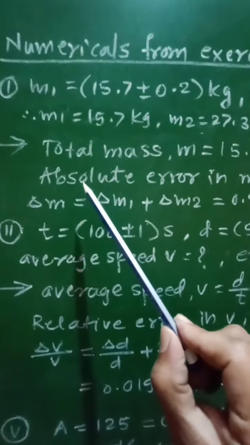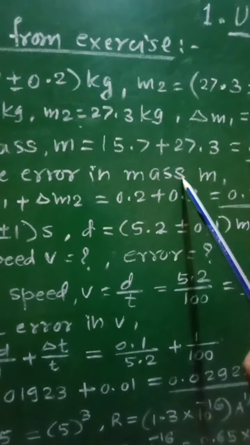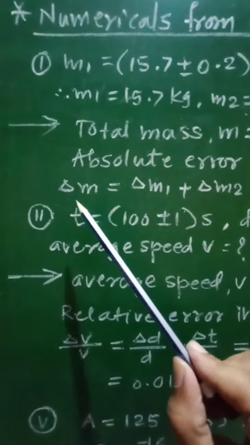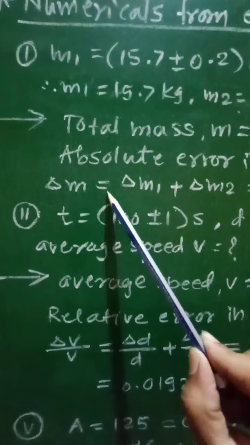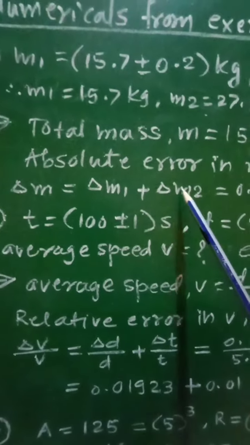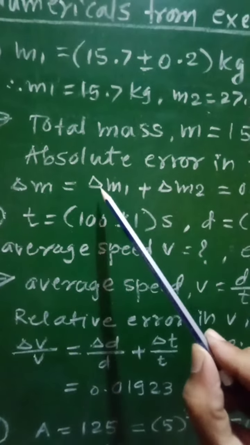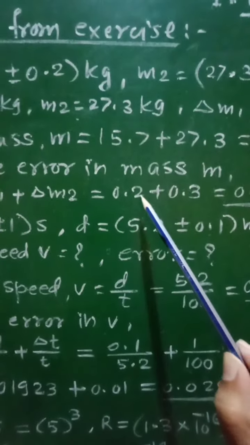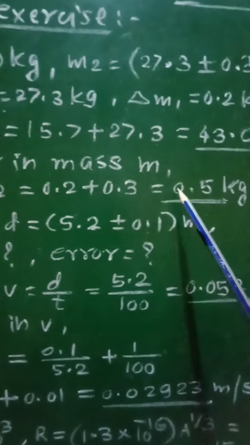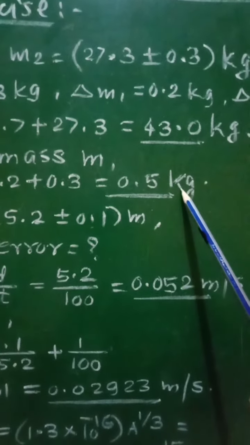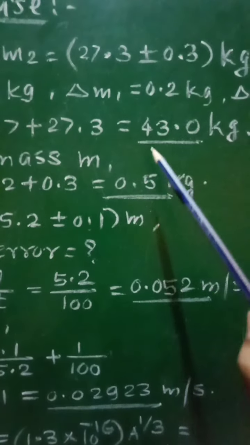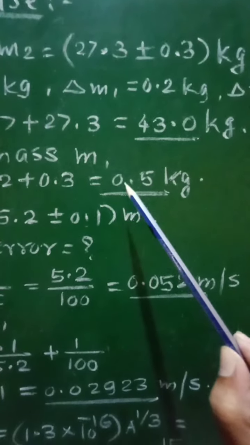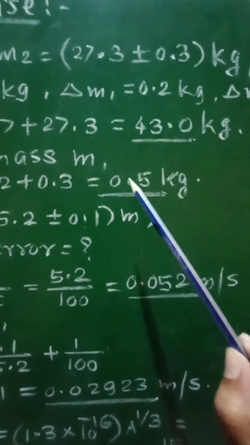Then the absolute error present in the mass m will be given as delta m equal to the sum of the errors present in the two masses, that is delta m1 plus delta m2, which will be equal to 0.2 plus 0.3, which comes out to be 0.5 kilogram. So for this numerical, the total mass is 43.0 kilogram and the absolute error present in the total mass will be